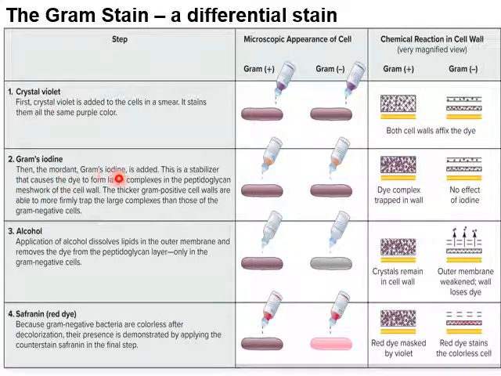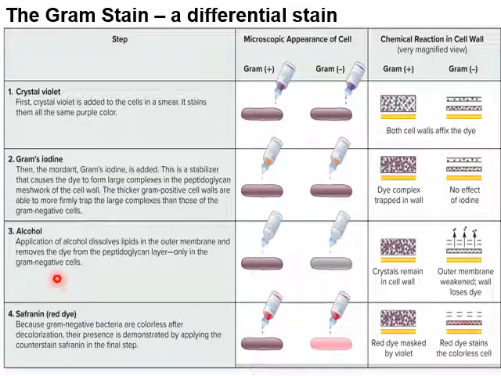This is Gram's iodine. When Gram's iodine is added, it reacts with the crystal violet that's already inside of that mesh, and it causes a precipitate to form. It makes it insoluble. I have now trapped that complex inside of the peptidoglycan lattice. Okay, and over here, same thing. But,